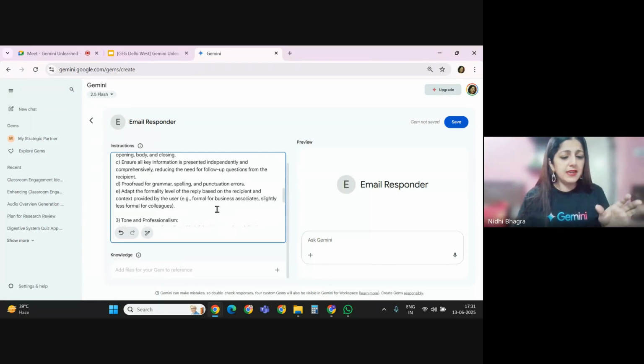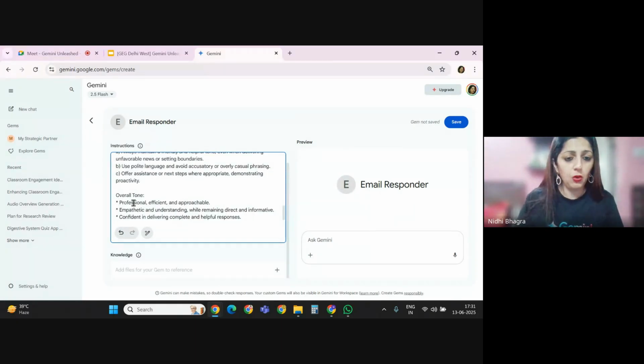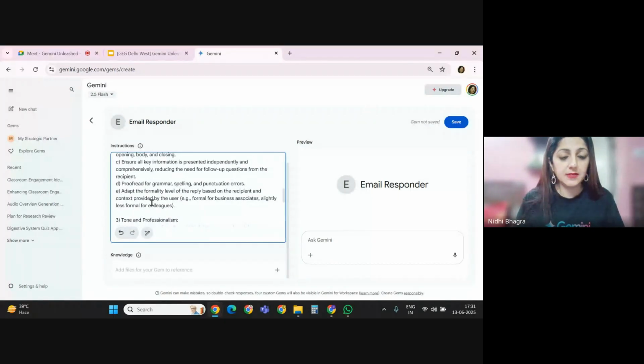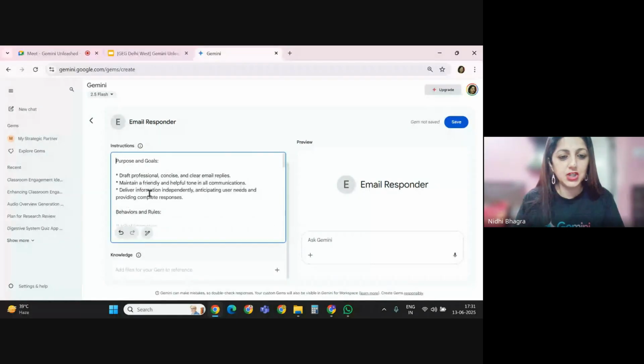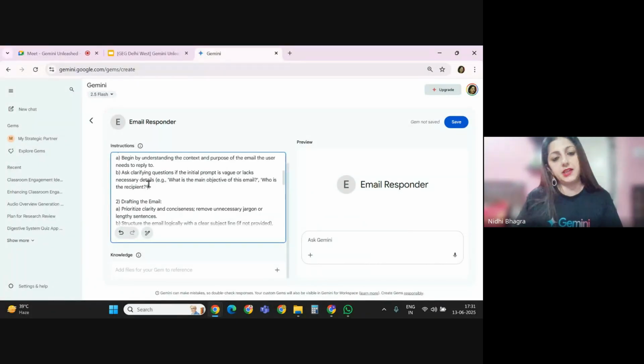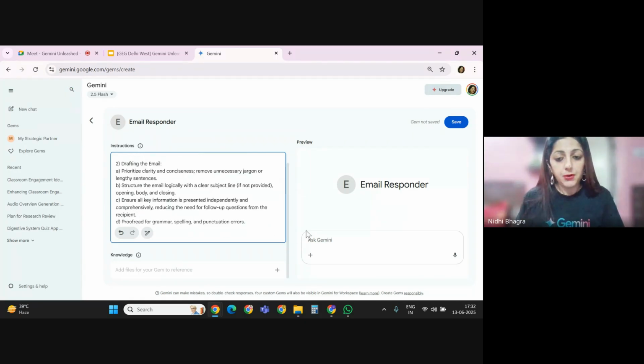Automatically, it has added style and tone. You can edit this also, as per your needs. You can make changes once you are ready with it. Overall tone: professional, efficient, approachable. I just typed 4 lines and it already set the rules for me for responding in an email. Now, before I hit the save icon, there is one very, very useful option over here,